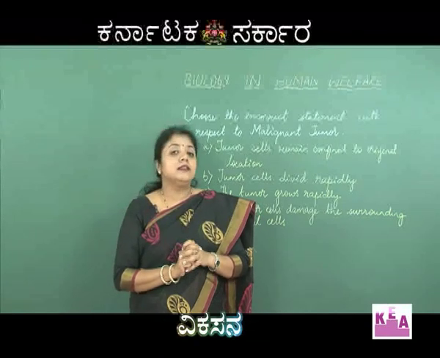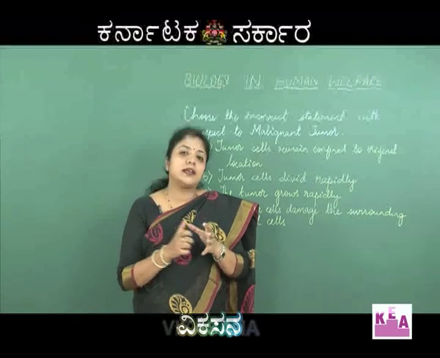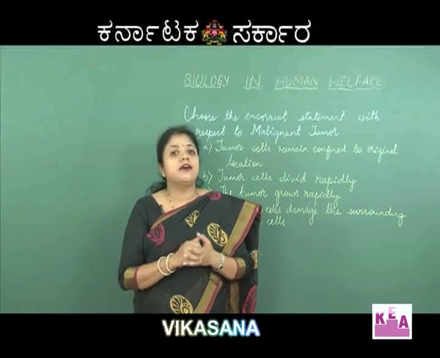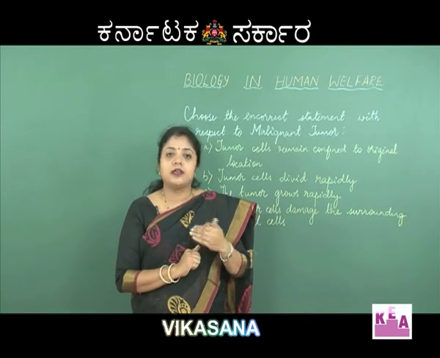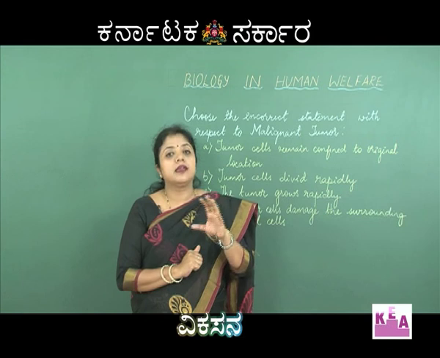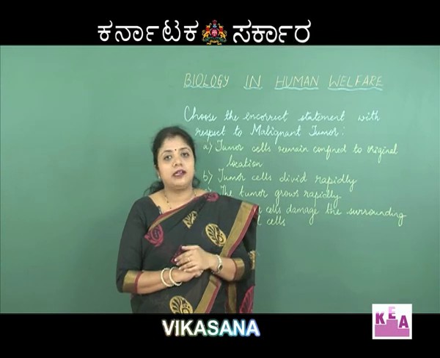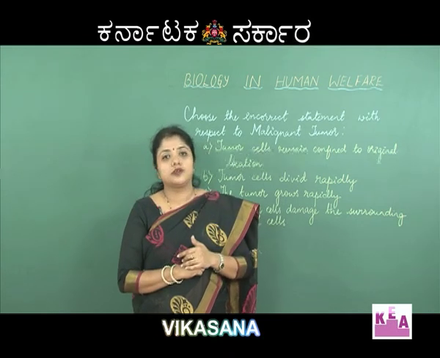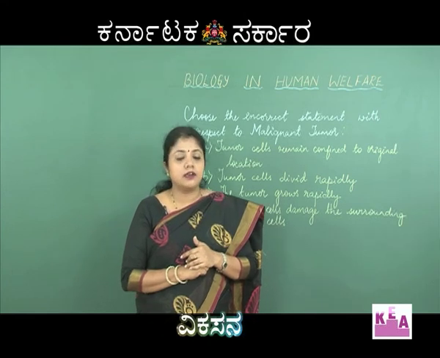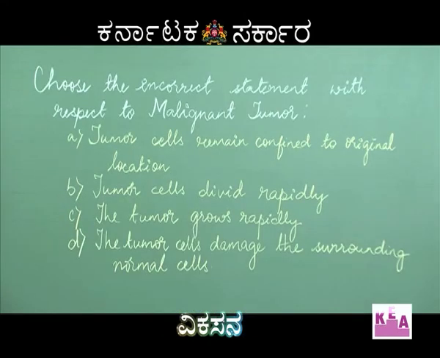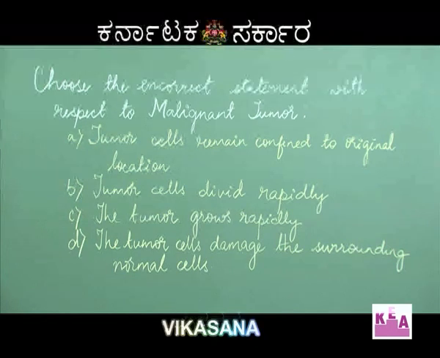And finally, these cells here are not very tightly bound, as a result of which they have the ability to escape from the tumor, get into the bloodstream, and they may get into some other organ and cause the tissues to rapidly divide. That is, they can make the other tissues become cancerous. So here when you look into the options, you will find that the statement B, C and D are right with respect to malignant tumor, whereas the statement A, that is tumor cells remain confined to original location, is a